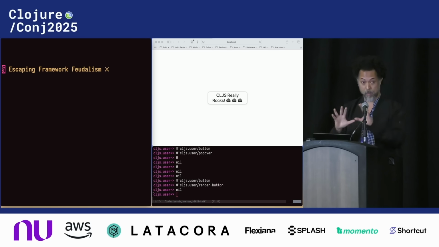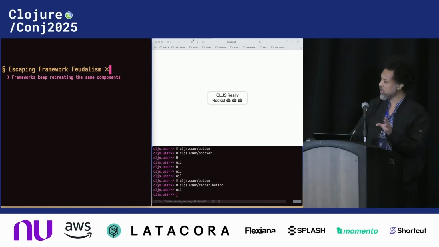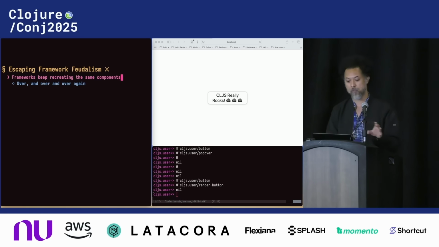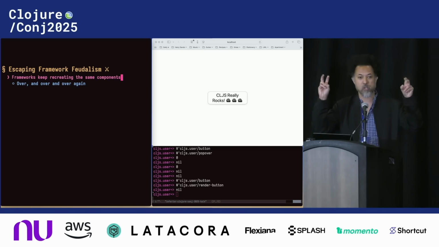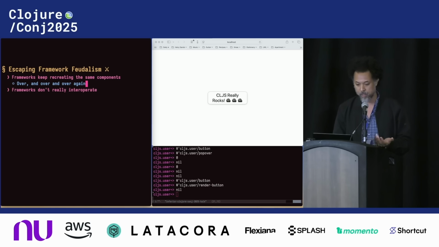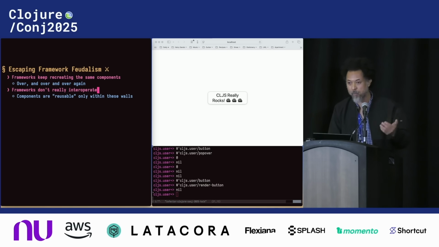I've been doing JavaScript stuff for 20 years. Frameworks keep recreating the same components over and over again, right? And the thing is that once a framework dies, what good are those components? These so-called reusable components are no good at all. Frameworks don't really interoperate. I mean, it's just a lie, right? These components are not reusable, or only reusable within the context of where they live. And therefore, of course, it makes sense they keep getting reinvented over and over again without really making it any better for the end user or us